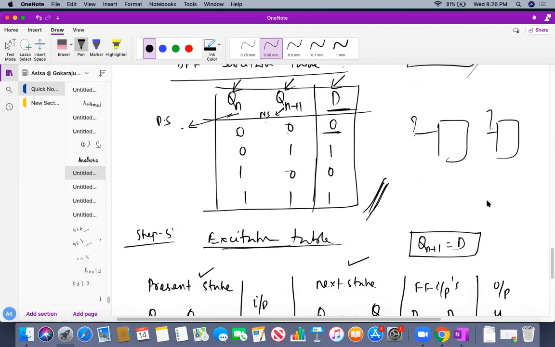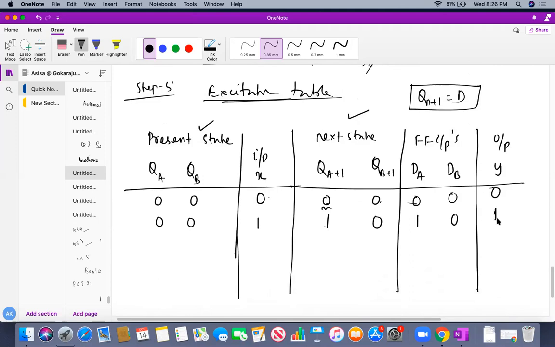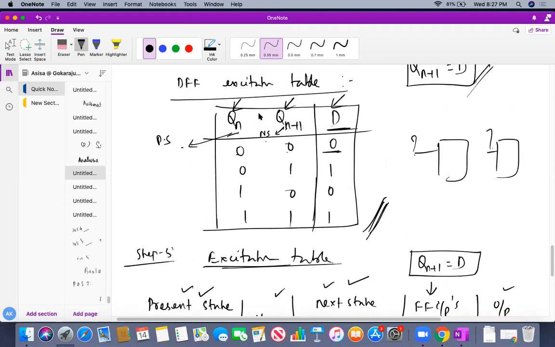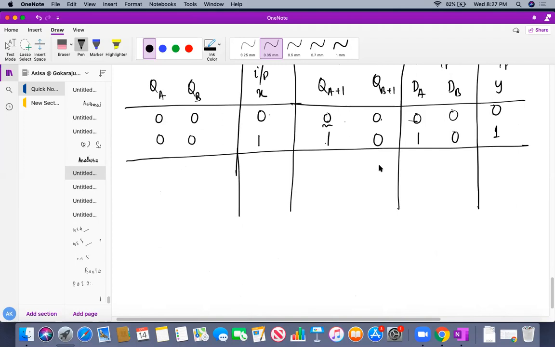Okay. So all of you understand how I am doing? Very simple and very important, students. For the state 0, 0, if input is 0, it's going to the next state 0, 0, and at that time my output is 0. These are all there in my state table, students. But we have only derived these flip-flop inputs by using the excitation table. Why? Because we require D flip-flops to design it, and we require 2 D flip-flops. That is the reason we require DA and DB to find out from this.